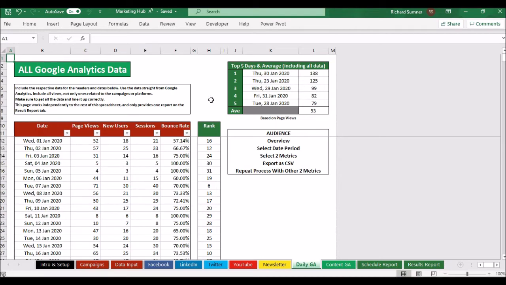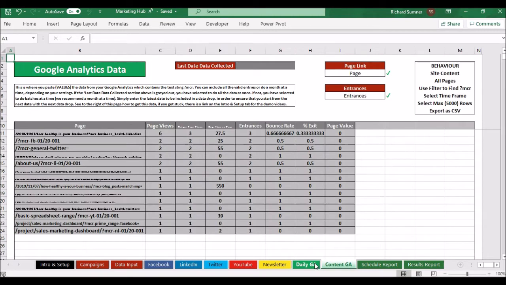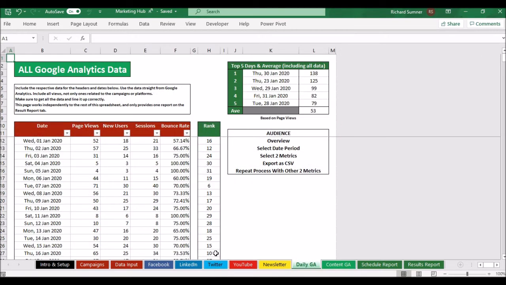But as I said, you don't have to do this page if you don't want to. The real one you want to do is the content Google Analytics, because that relates to all these different posts, but there's a different video for that. So this first video for the Google Analytics, just simply